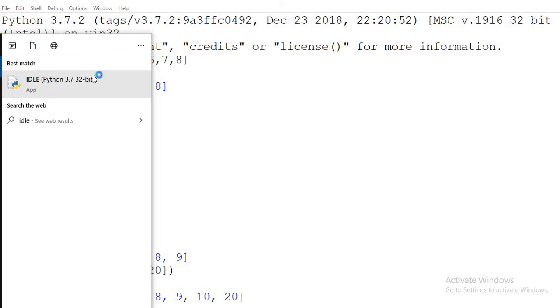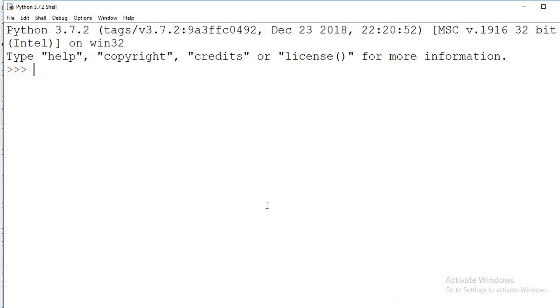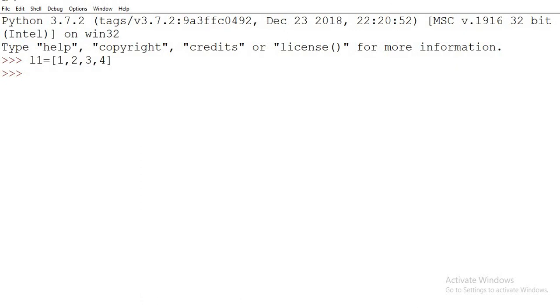Let me just assign another one. Yeah, it is open. So I am just going to create L1 is equal to, within the bracket, 1, 2, 3 and 4. Done. So I want to add an element at a position, like after 2 I want to add h. For that, how can I insert? Whatever functions we have used till now just add the element at the end. So I want it at a specific position.